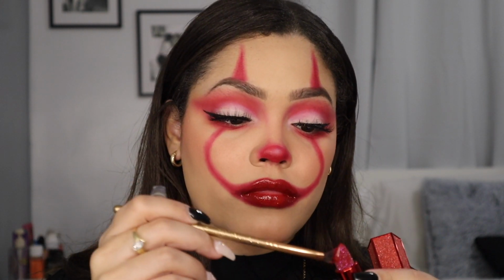I'm gonna go right ahead and also fill in my lips like it's lipstick as well, and I'm gonna put it all over my lips, and you can leave it here if you want to, but I'm gonna be applying this Morphe lip gloss in the shade Scene Stealer, and I feel like this looks a little bit like blood, and I want it to look glossy and creepy like blood in a way, and I wanted to get something a little bit more red and more bright, and I got this Hank and Harry lipstick in the shade Te Amo, and this is very red, and I am gonna apply this as well on the lines with a